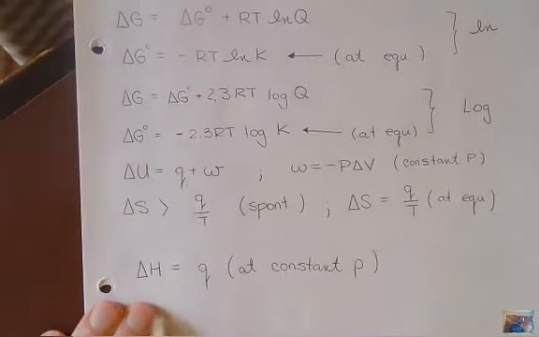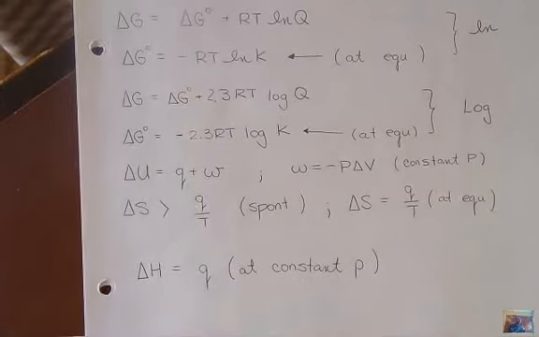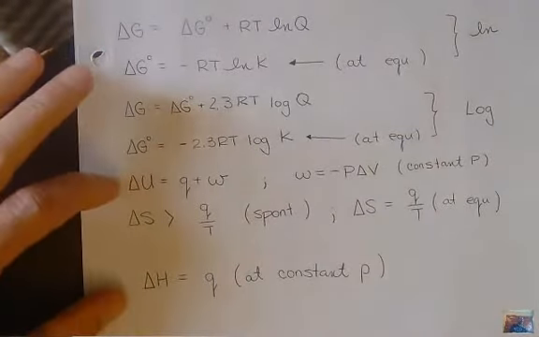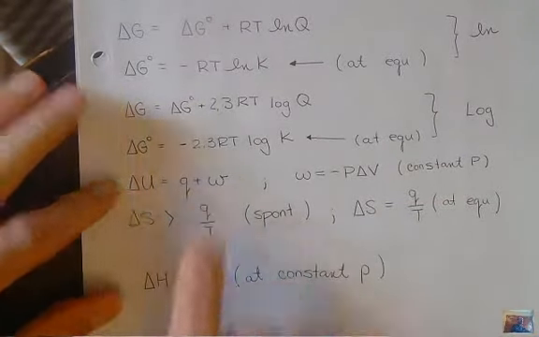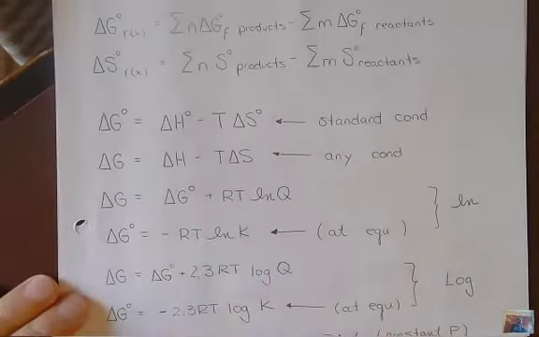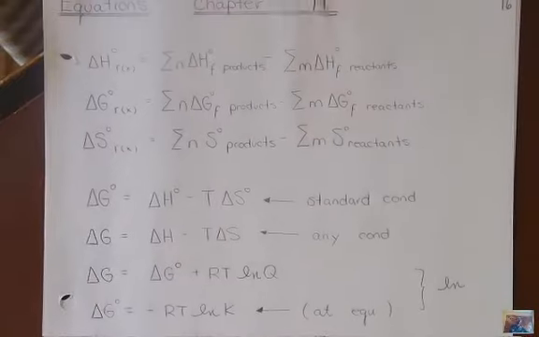Okay, and we said delta H is Q at constant pressure. Q is the heat of the reaction. The amount of energy that the reaction gives off under constant pressure conditions is its enthalpy. So these last three are review from the thermochemistry from Chem 1. Actually, I should say this one and this one you learned in Chem 1. Everything else is new. You don't really need these two, but not a bad sheet to keep on the side